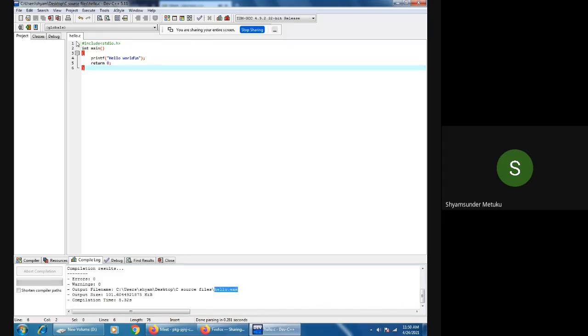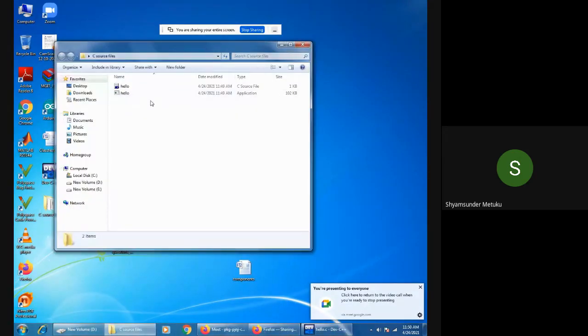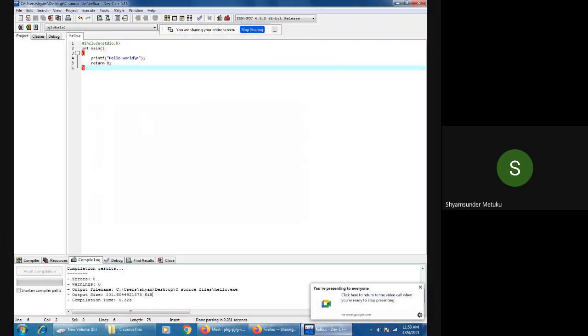So source file what we have written, the software is generating hello.exe. So it is high level language what we have written, and this Dev C++ has generated an executable file, you can see here. So under the same desktop C source files, I can find the name called hello.exe. We can also verify, go back to our desktop somewhere, yeah, here source files, you can see I have written only source file, but application is there, the hello.exe. So this file you can copy in the pen drive in other computer also, you can verify. But right now I'm trying to only execute from this particular Dev C++ only.